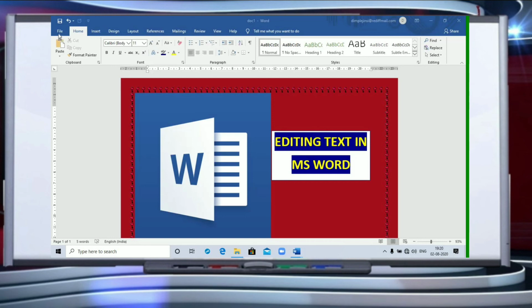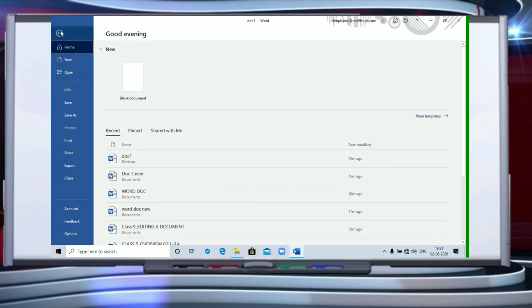Now, a few things which are very basic for you to understand, children, is how Microsoft Word works. You can see File, Home, Insert, Design. These are known as the tabs, and this whole thing is called the ribbon. On this ribbon you have these tabs. Whichever tab you click on, suppose I click on File, your File tab will open, meaning whatever options you have in File will be opened. So children, I have clicked on File.